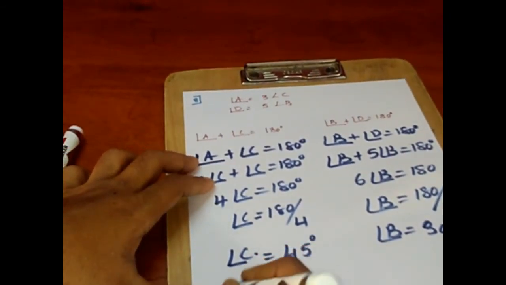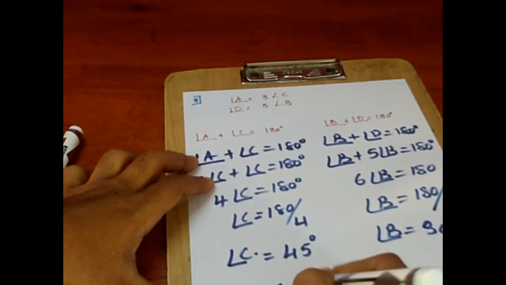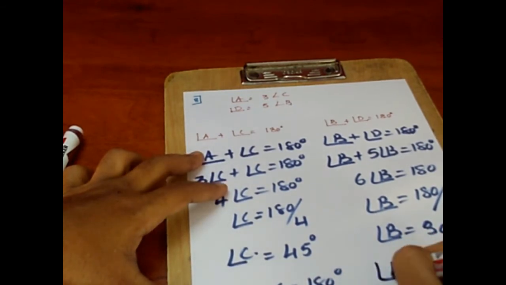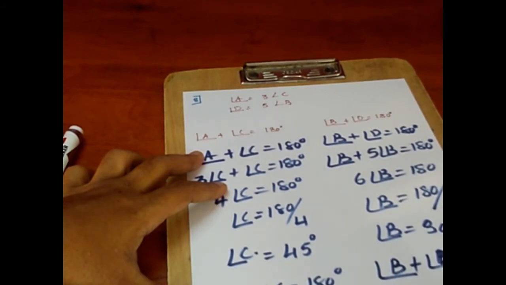Now consider the same reason, children. Angle A plus angle C is 180 degree. So angle A is equal to 180 minus angle C, that is 180 minus 45. Hence the measure of angle A will be equal to 135. Similar concept. Angle B plus angle D is 180 degree. Angle D is equal to 180 minus angle B, that is 180 minus 30. Its measure is equal to